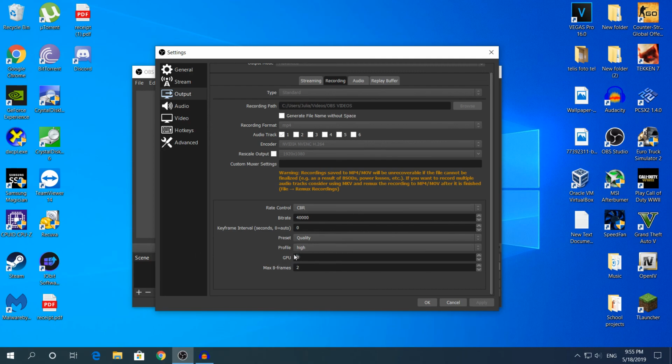And in the GPU, I have left it default 0 because I do not remember what it actually does, and I have not changed it. I think if you put a higher number like 3 or 2, it will use more of your GPU. I'm not really sure. If you want, try it. And here in the max B frames,